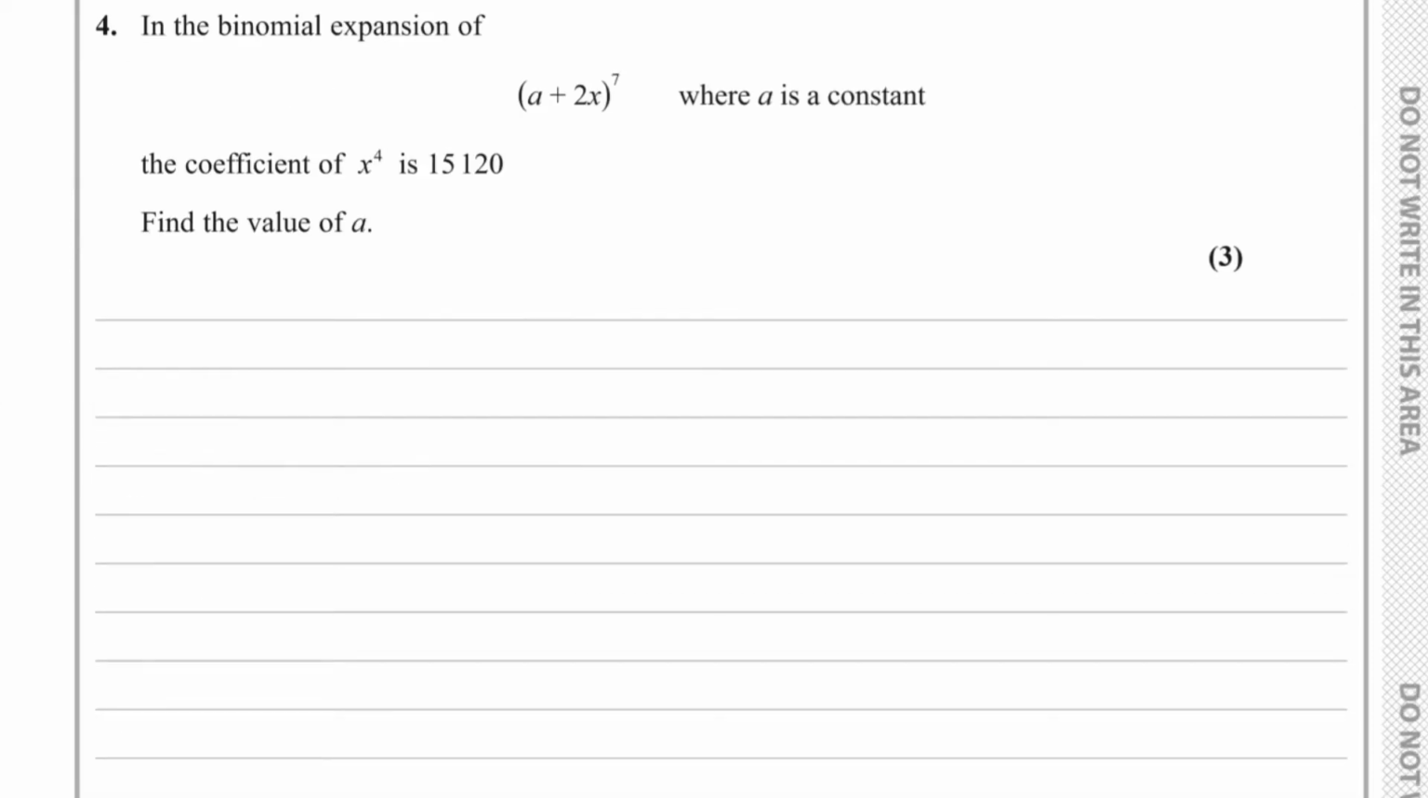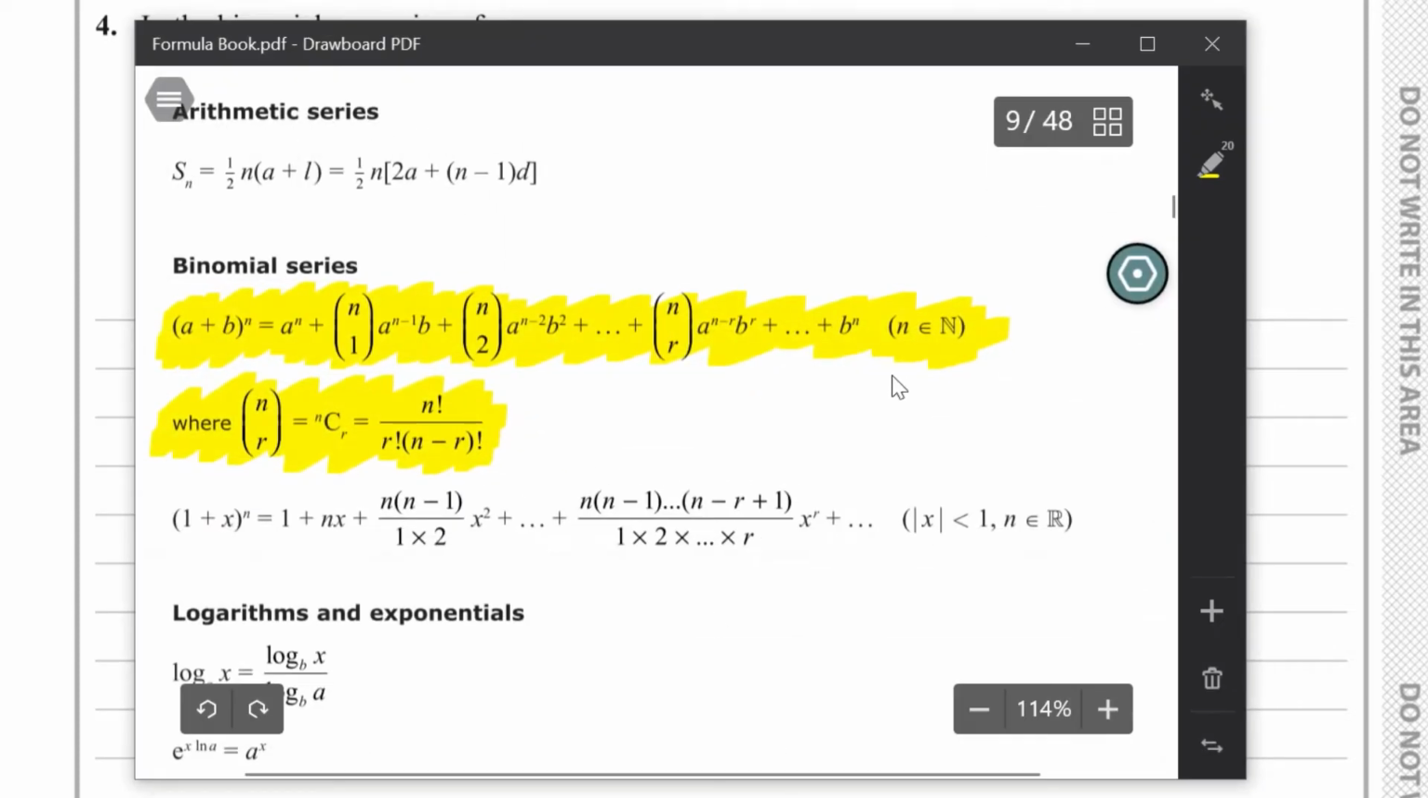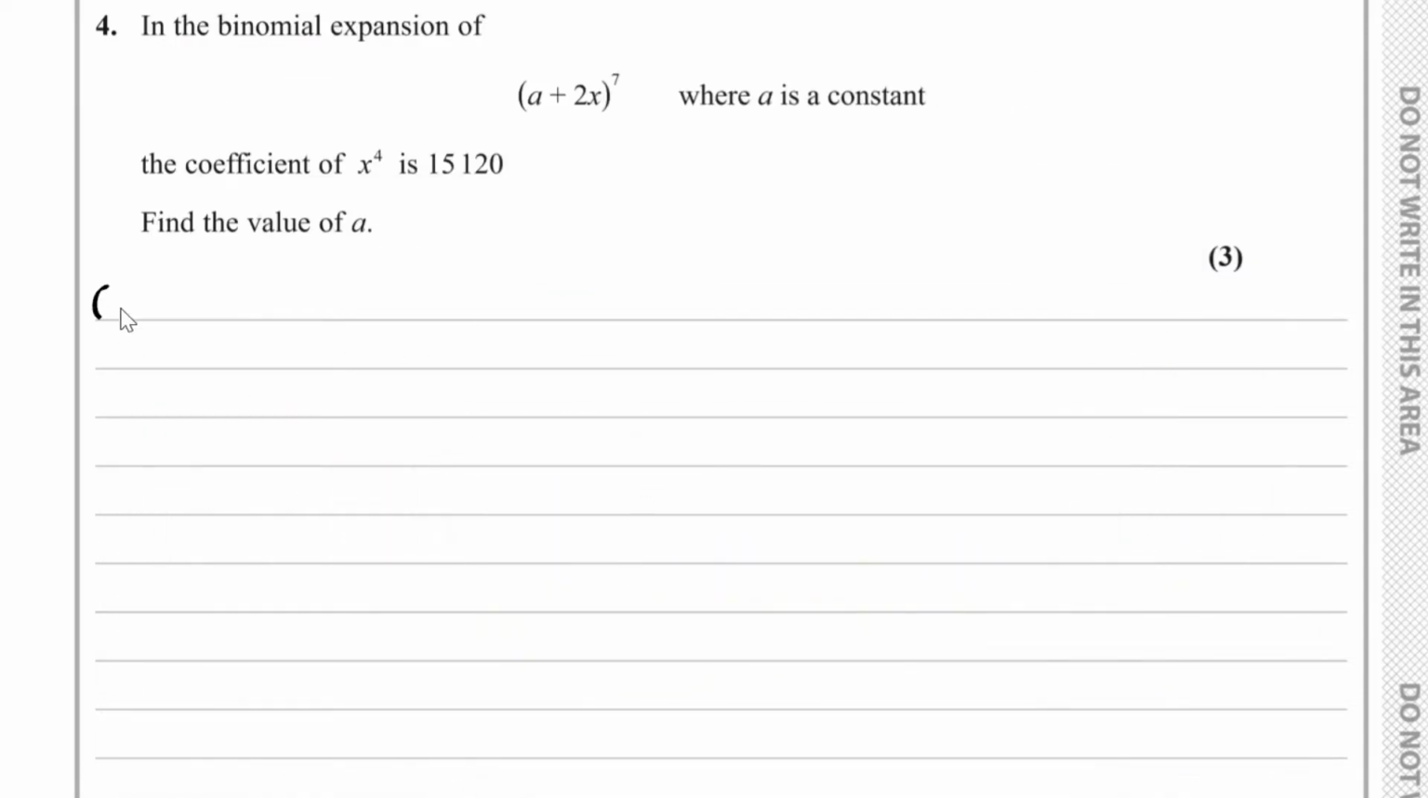Question number 4. In the binomial expansion of a plus 2x to the power of 7, where a is a constant, the coefficient of x to the 4 is 15120. We have to find the value of a. Well, if we use our formula for the binomial expansion, that's shown highlighted here, a plus 2x to the power of 7, that will equal